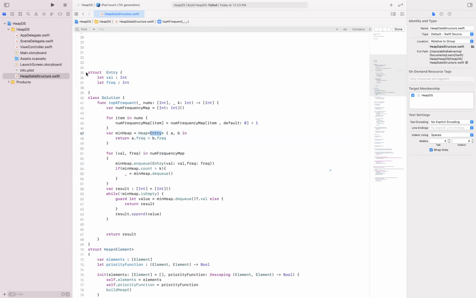So the heap I created is based on the entry, like value and frequency.